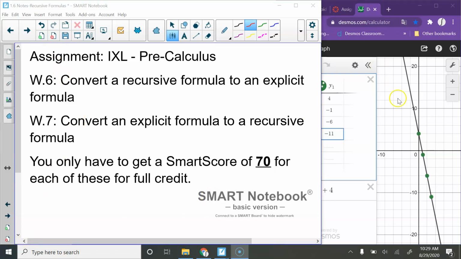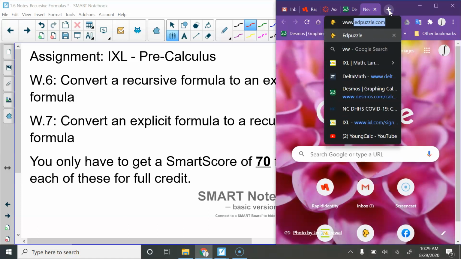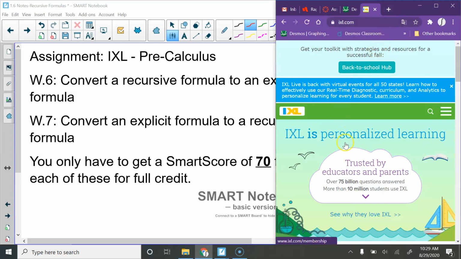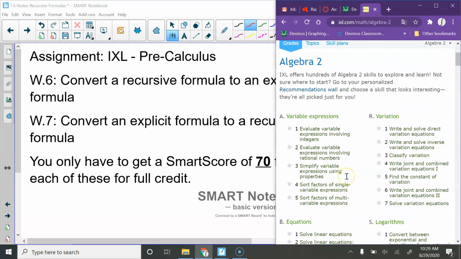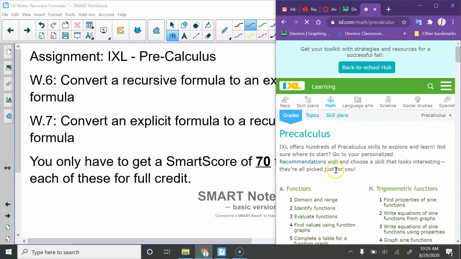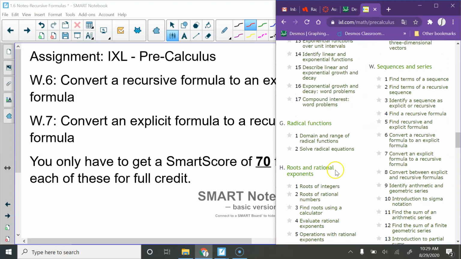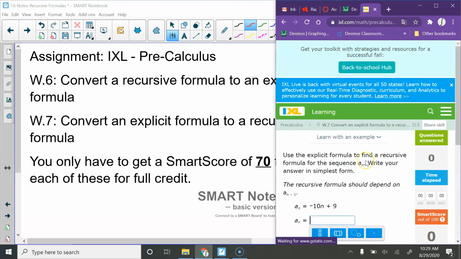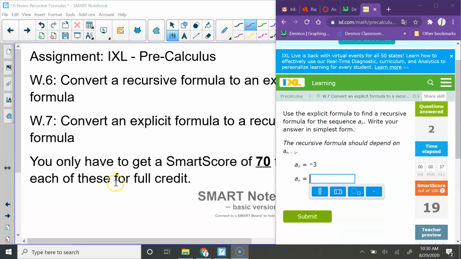I just remembered one thing we need to look at in iExcel really quickly. Whenever you go to iExcel, that's Algebra 2. We're going to go to PreCal. In PreCal, you guys will be doing W6 and W7. And I want to show you something on these. Hold on. So one thing that you're going to see a little bit on iExcel is you're going to